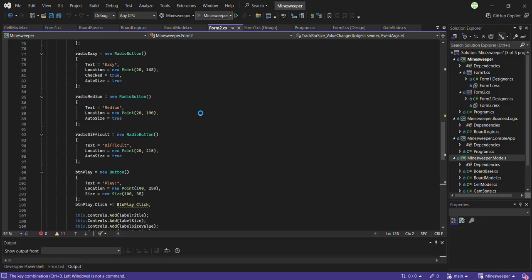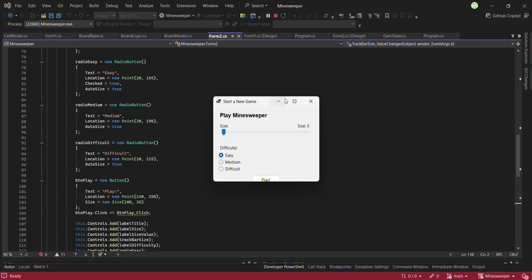So if I run that, give it a moment. Okay. So this is our form 2. It's our setup screen. We get to choose the size of our board. So we could also use the arrow keys to go one at a time. And then the difficulty. And then when we click play,